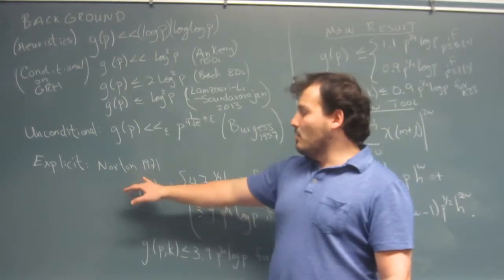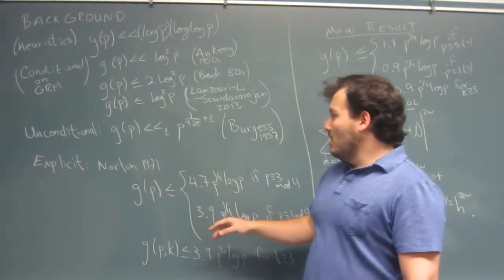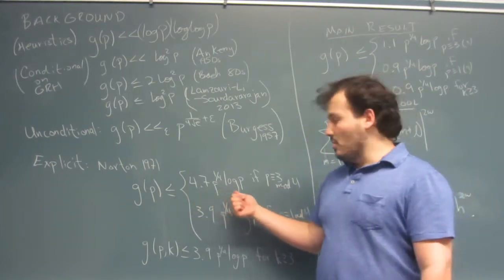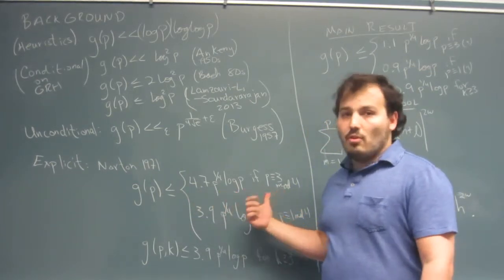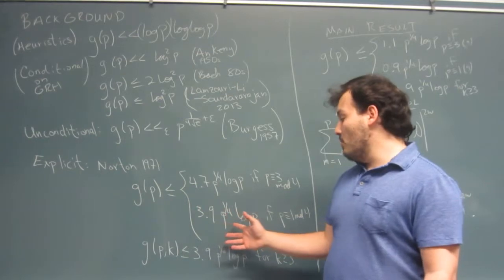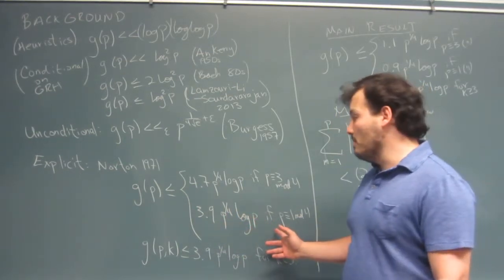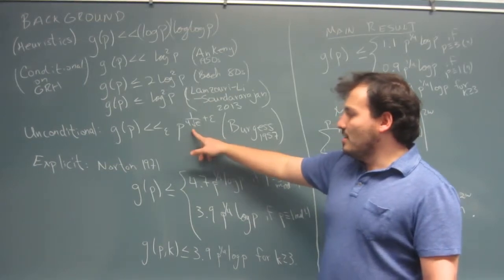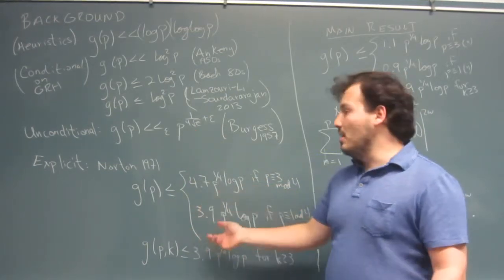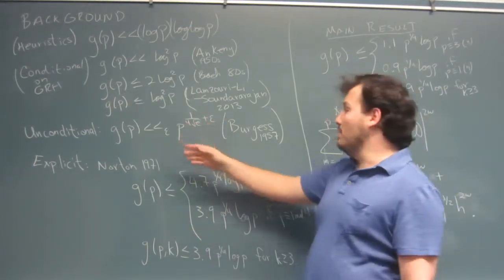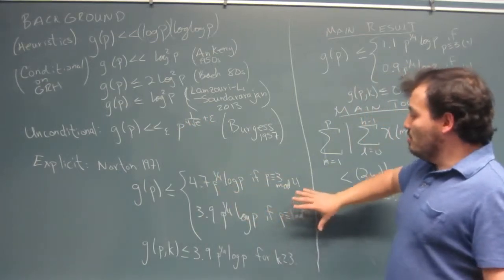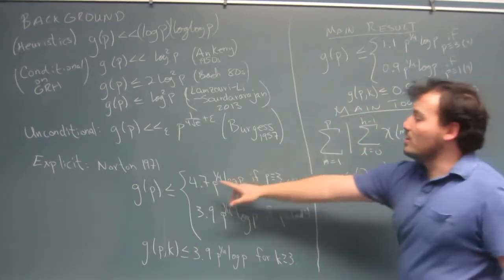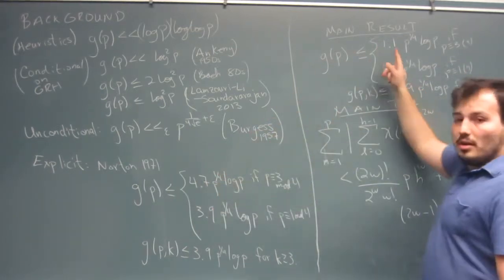In 1971, Norton proved that you can bound it by 4.7 p to the 1/4 log p if p is 3 mod 4, or 3.9 p to the 1/4 log p if p is 1 mod 4. You may notice that this is not quite that, but this works for all p instead of just for large p. So my work was in improving this result of Norton,